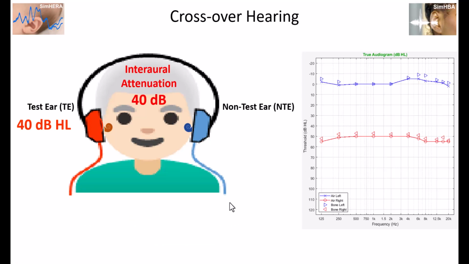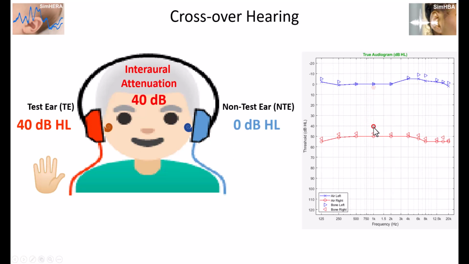So let's move on to putting 40 dB into the test ear, the right ear, and see what happens. We have a 40 dB sound coming in, crosses over. We get an attenuation of 40 dB through interaural attenuation. That's 0 dB HL into the left cochlea. The patient raises their hand. That seems odd